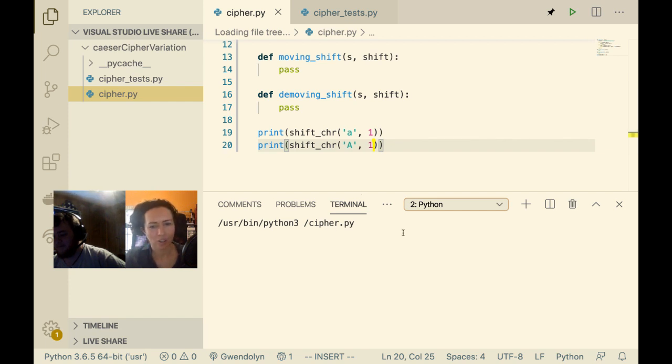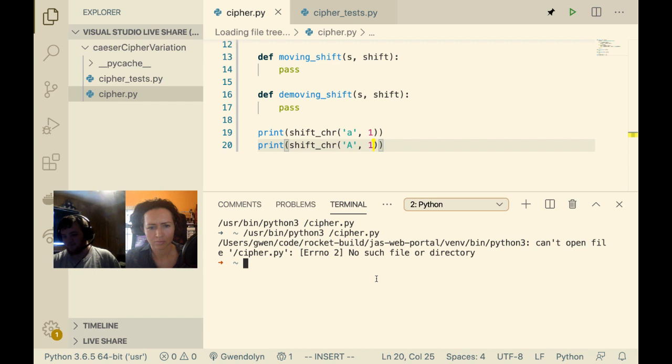Cool. So it's open, and it ran, and it said there's no such file or directory. Oh, because I'm in my root directory. I have no idea where this file is because I'm sharing it with you.